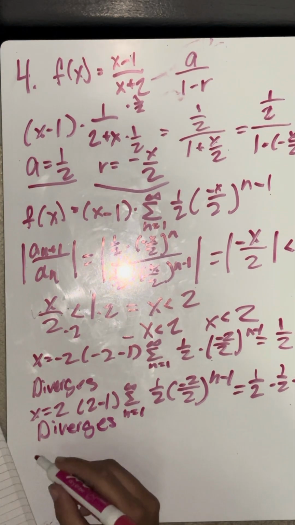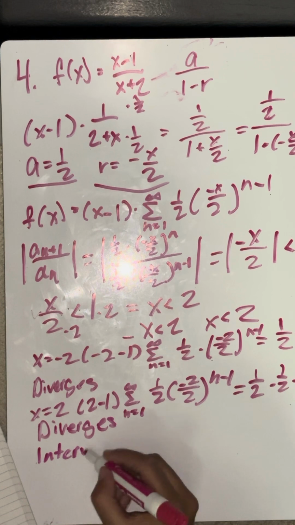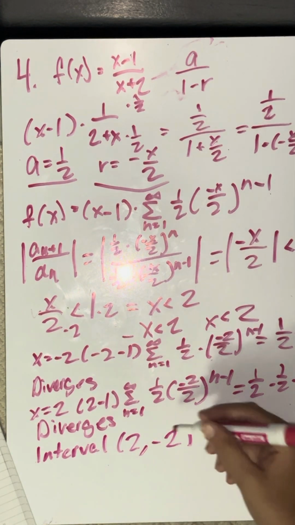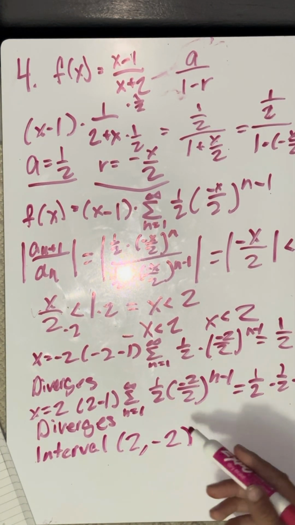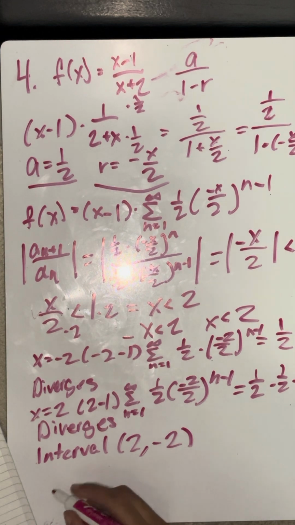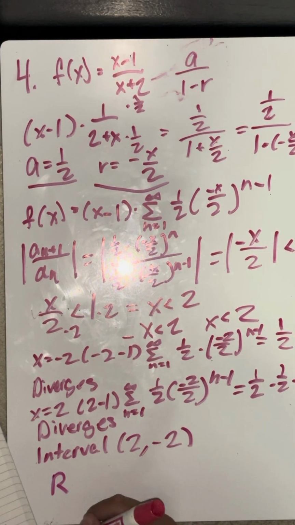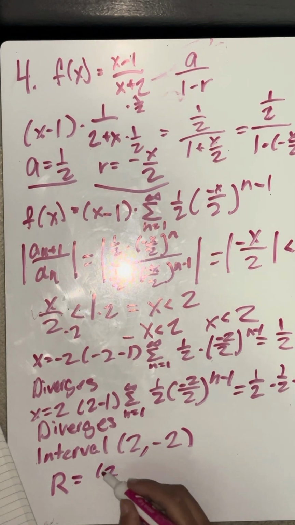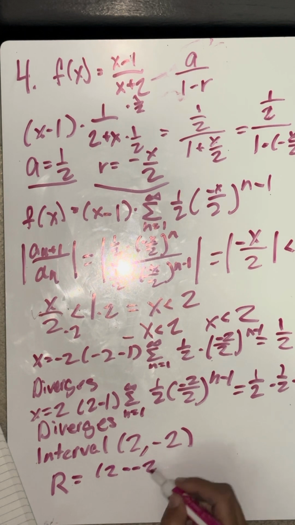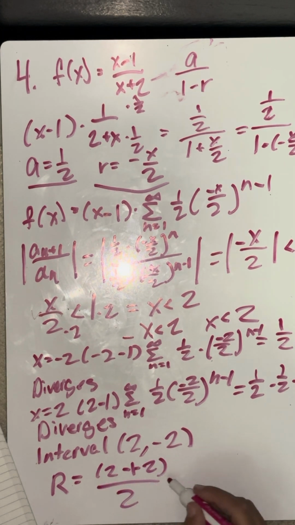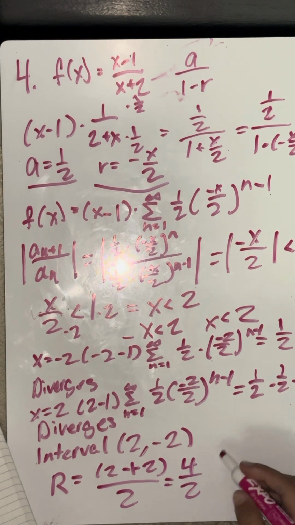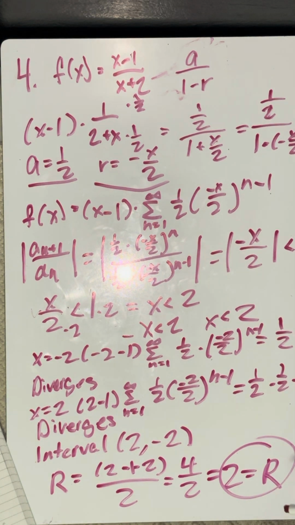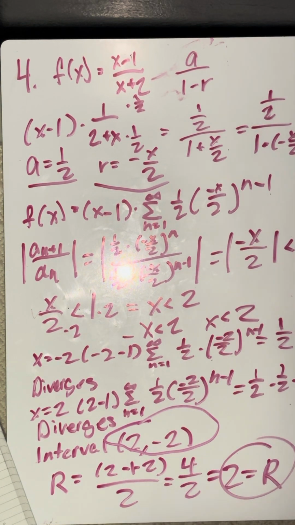And so we know our interval is negative 2, 2 with parentheses instead of brackets. And then to find our radius of convergence, we do those two minus each other. 2 minus negative 2, 2 plus 2 over 2 equals 4 over 2, which means 2 is our radius of convergence. So we have our radius of convergence, we have our interval,